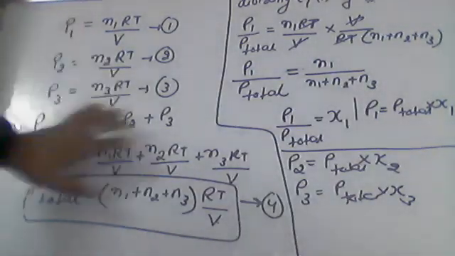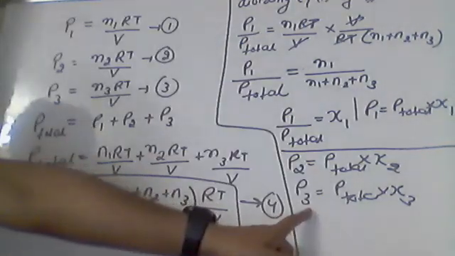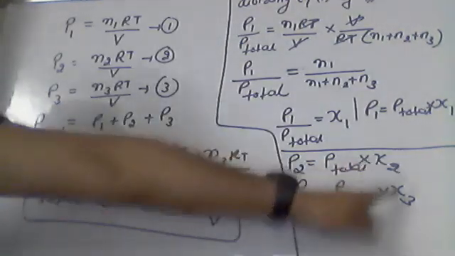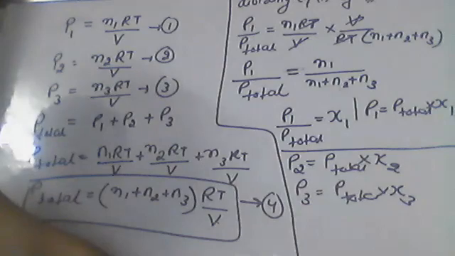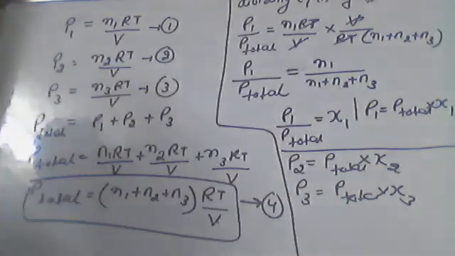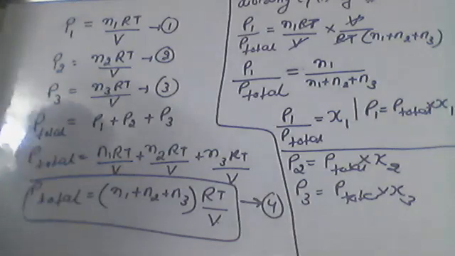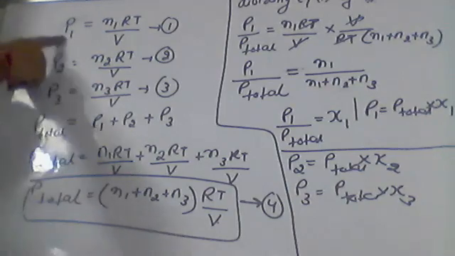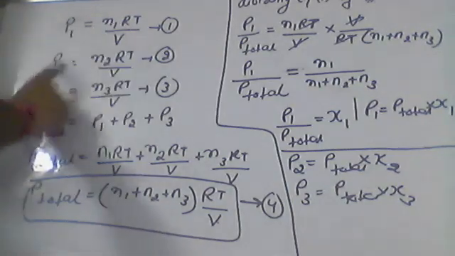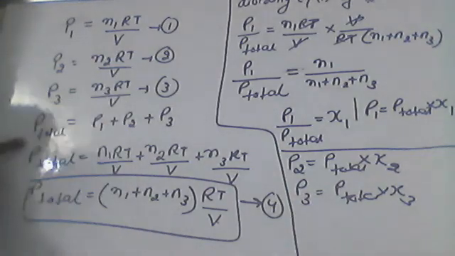So using Dalton's law, we derived the partial pressure. Partial pressure will be equal to total pressure multiplied by mole fraction, like x1, x2, x3. We multiply and get the partial pressures. This is basically a derivation from Dalton's law. Let's see from the beginning. We discussed Dalton's law of partial pressure. According to Dalton's law, different gases present in a container having volume V and temperature T, I can apply the ideal gas equation: P1 = n1RT/V, P2 = n2RT/V, P3 = n3RT/V.